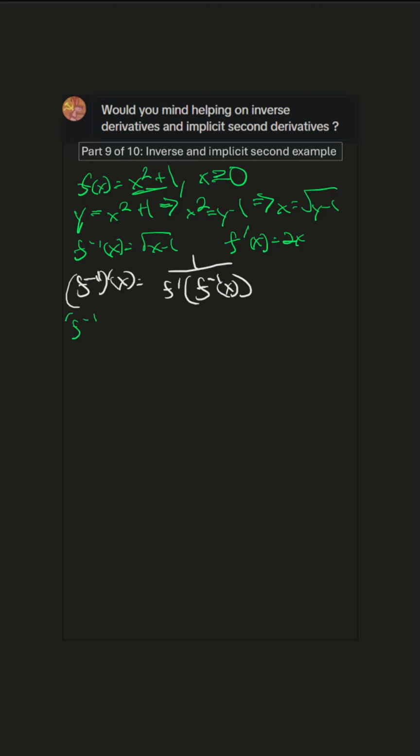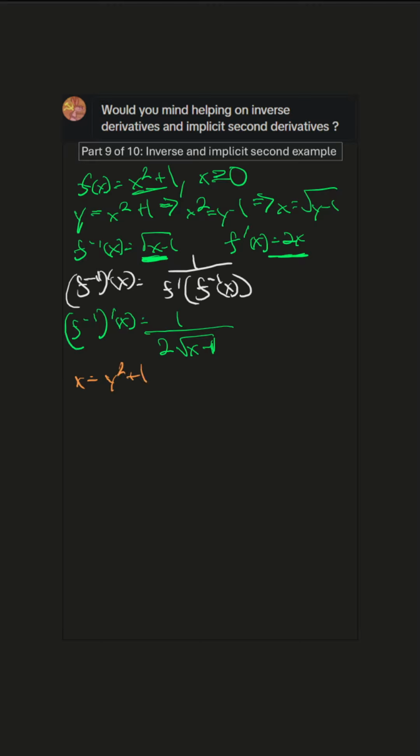So f inverse prime of x equals 1 over, what's f prime? 2x. So 2, and then what's f inverse? Square root of x minus 1. So that is the inverse derivative of that function. Okay, so now let's look at a similar expression, x equals y squared plus 1, and let's find the second